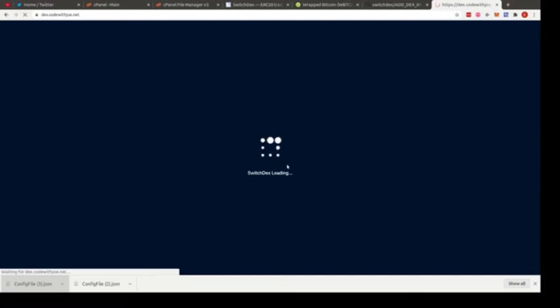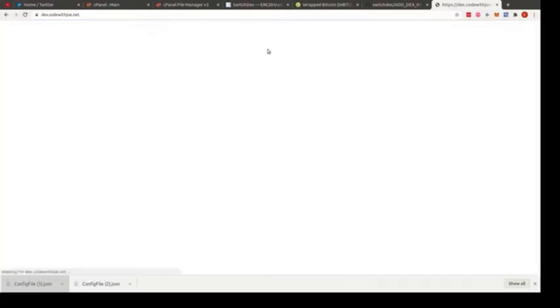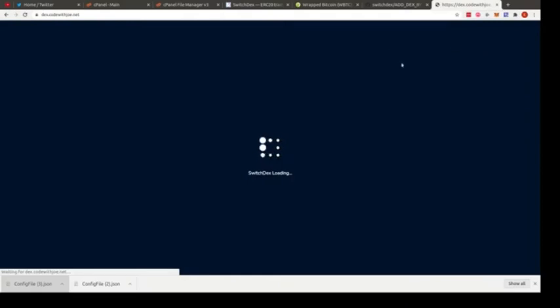So if you have any token that you want to list, feel free to list any token that you want here on my exchange. All you need to do is, once it has finished loading, go to codewithjoe.net, connect to your MetaMask wallet, and